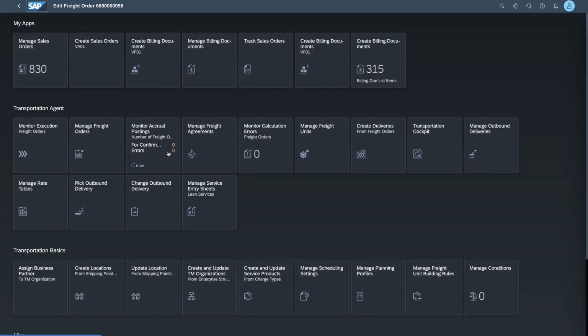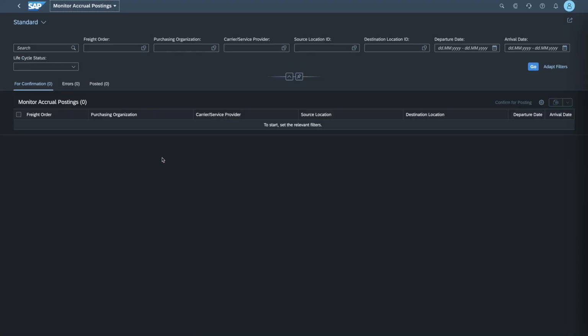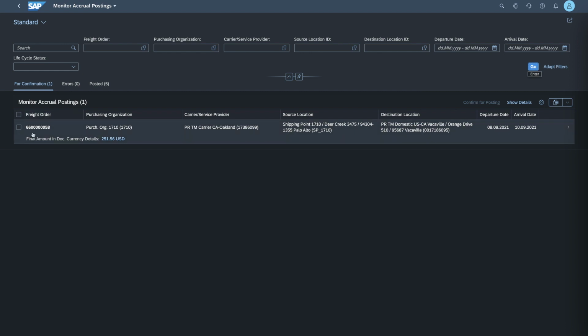I'm going to go back to the Fiori Launchpad, and if I update my tile now, we can see that now we have for confirmation the freight order for which we just updated the status to checked out as available for confirmation. So again, just to look at the number of the freight order, I'm going to go into the accruals app, and you can see that the order that we had 5/8 is now available to me to post the accrual on,